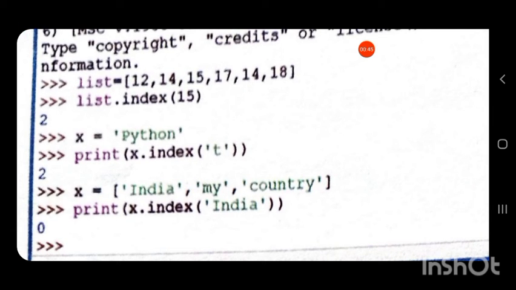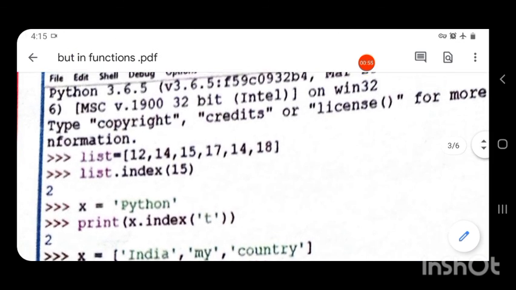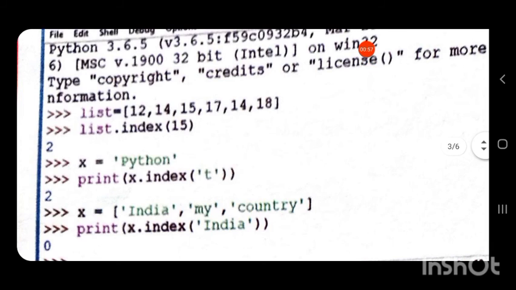So p is at index position 0, y is at index position 1, t is at index position 2. So in a string also, each character is represented with an index position.